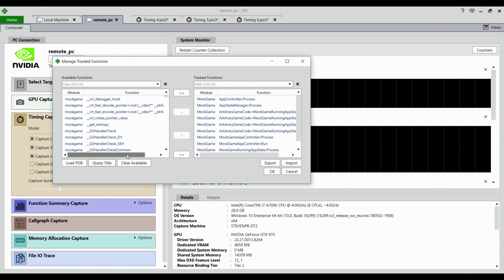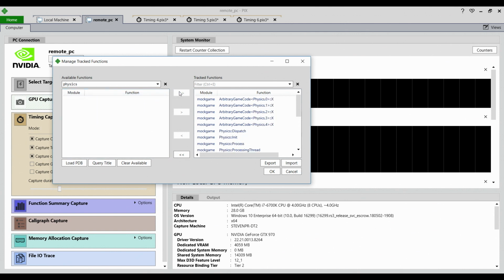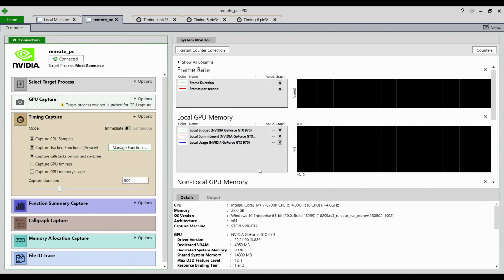I can now use the arrow boxes to move functions back and forth between the two lists. The boxes with the double arrows move the entire contents of one list to the other. The boxes with the single arrows only move the selected items. The list boxes also have filtering capabilities. In this case, since we're interested in physics from the last capture we took, I'll use the filter box to find all functions that appear to be related to physics and add them to the list of functions to be tracked. So now, when I go back and take another capture,